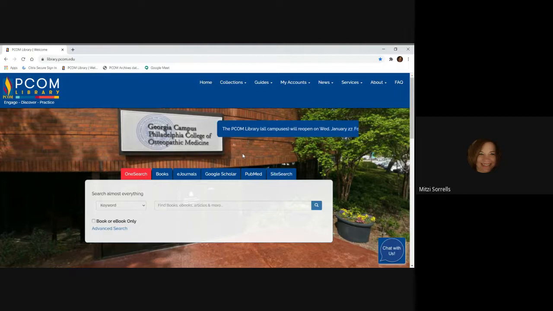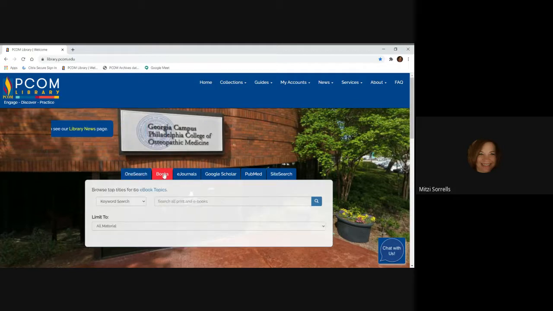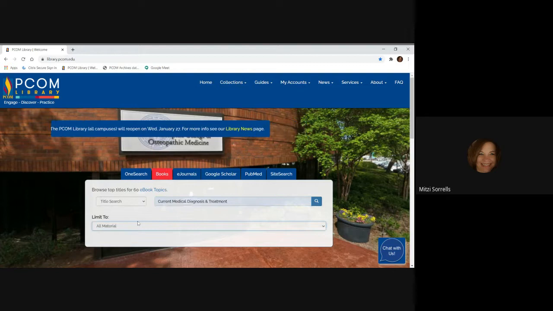There's many, many different ways to access ebooks. We're going to be looking at 4 of them today. And the first one is right on the homepage using our one search box. So if you know the title, or even if you don't, you can click on books. In the drop down, you have different options. We're going to do a title search because we have a title, and put that in here. And down below, there is a limit to box. We are looking for ebooks. So we will select ebook. And then if you click on the little magnifying glass to start the search,